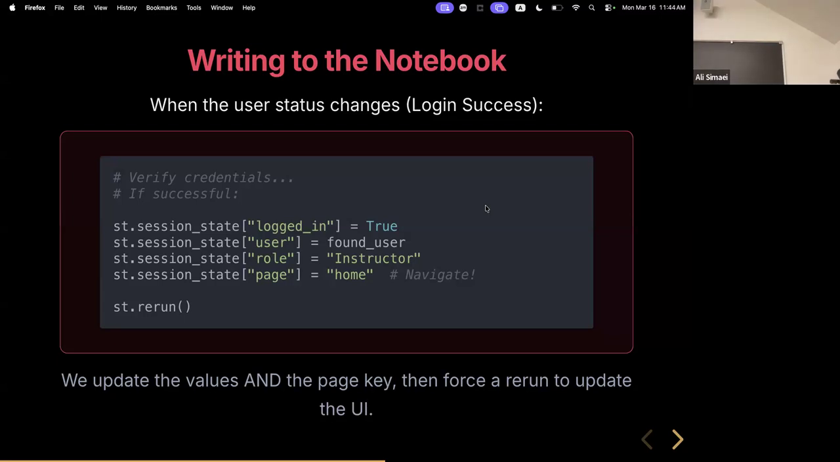There is an important key element here, st.rerun. Pay attention to where I placed it. I didn't place it inside or before any of these changes. I placed it after. Because after this rerun, Streamlit only remembers anything that was in the session state before the